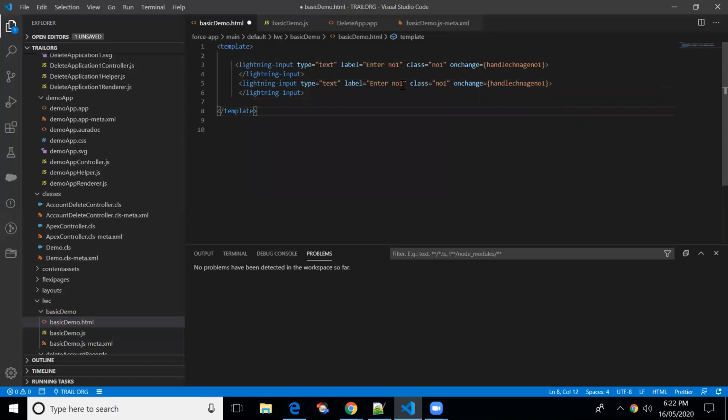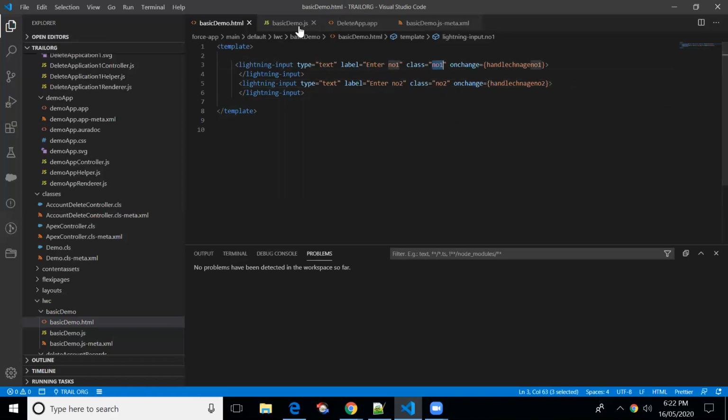This is basically for number two, and the class would be number two, and the method I'm also changing, so this is related to number two. We'll be getting the value with the help of query selector, based on the selector.